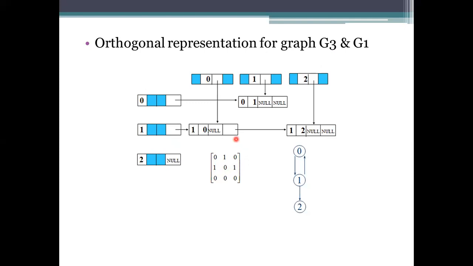Two values have to be indicated. The right pointer has to point to the next value, to which it is connected, from 1 to 2 here. If there are any other elements, we need to represent those. There are no other elements here, so we specify it as null. That is the orthogonal representation, which is equivalent to the sparse notation we were using.